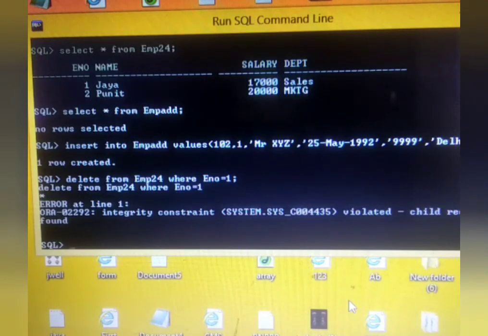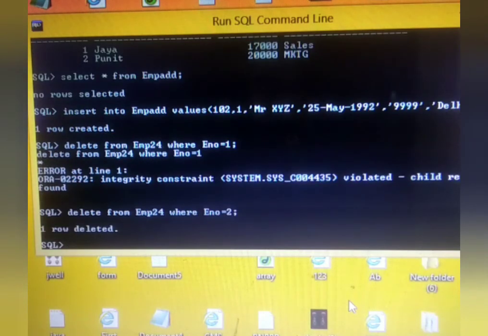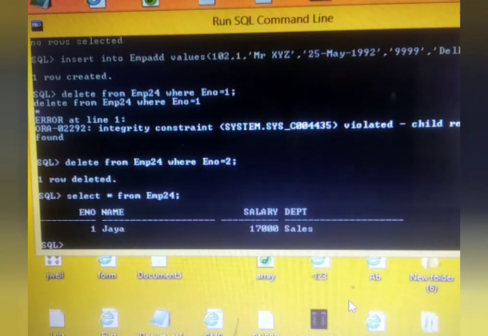Automatically it is going to say that I cannot delete it because the record is present in the other table. But if I check where employee number is equal to 2 and write this, let's see both the tables, and let's see EMP add also.